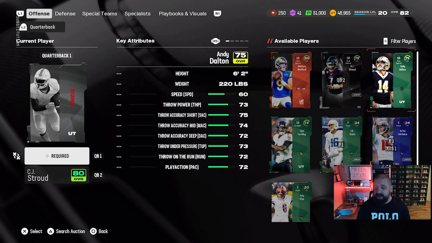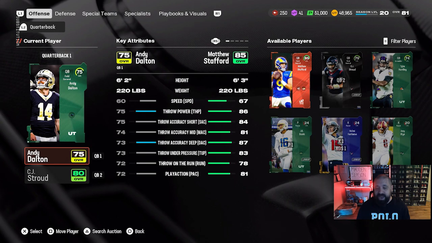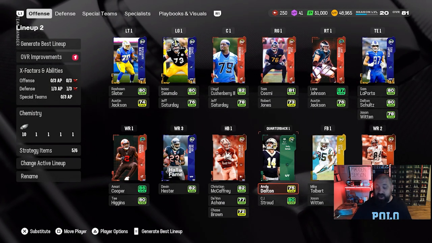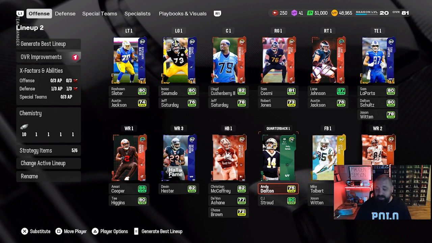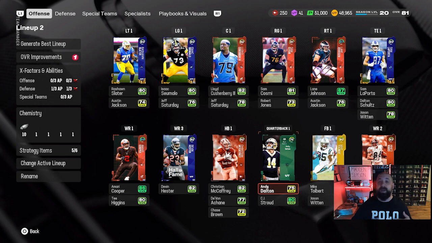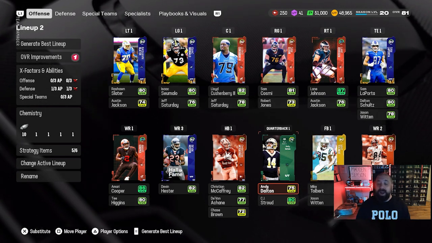These are all of the players that I can put into that slot. We're going to put Andy Dalton as our starting quarterback now. In a lot of situations, that's not going to make much sense when we have a CJ Stroud who's an 80 overall versus Andy Dalton who's a 75 overall. There is a quick swap feature that you can use by pressing square on PlayStation or X on Xbox, and